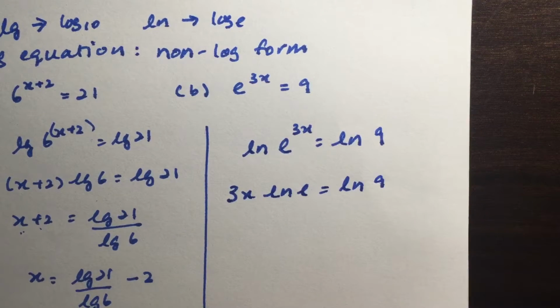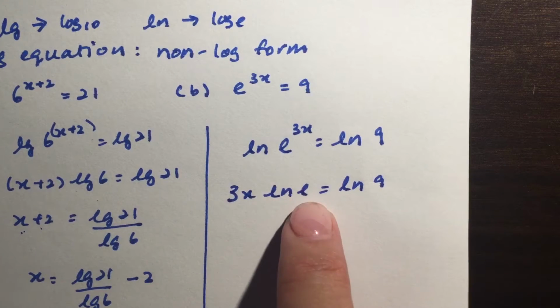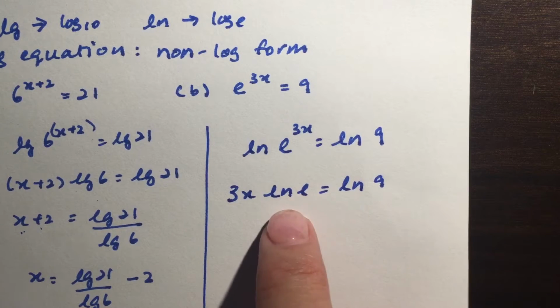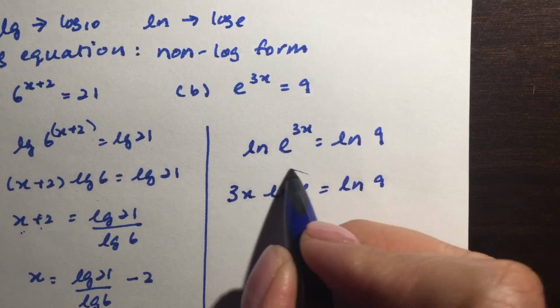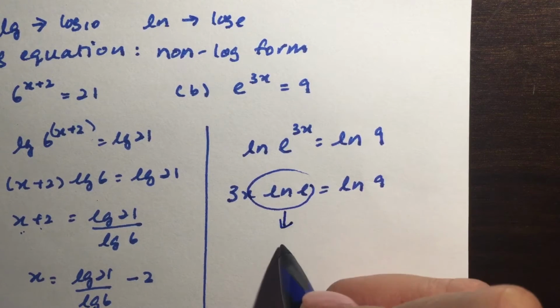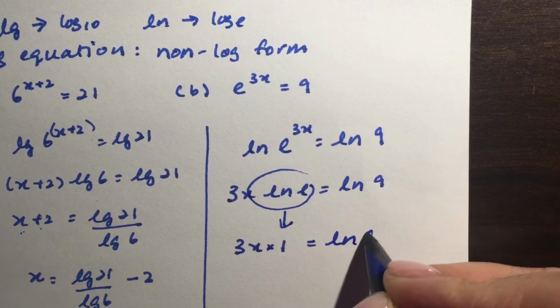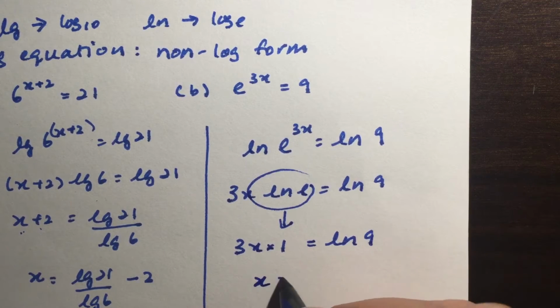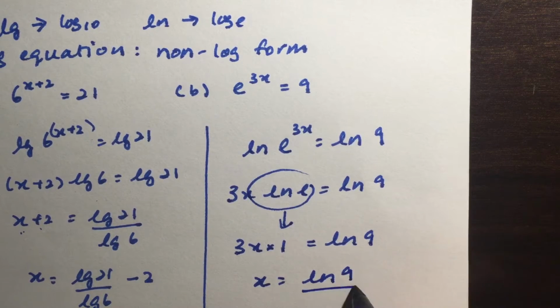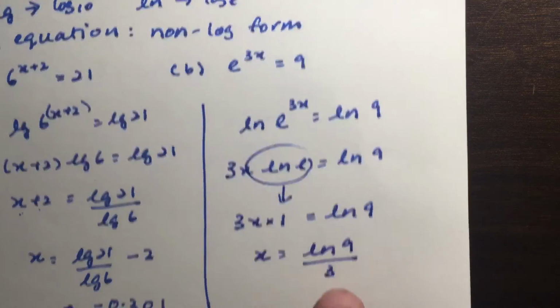Now don't forget, LN, log e to base e, is the same base. So this value here is actually the same as 1. So you have 3x times 1 equals ln 9. So to solve for x, you will have ln 9 divided by 3. Now be careful,